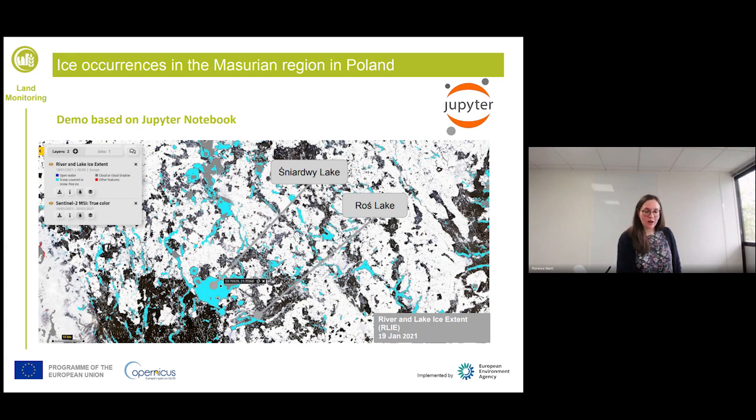In this area, we have the Sniardwy Lake. I hope my pronunciation is not too bad. This is the lake we are going to focus on today. The Sniardwy Lake is actually the largest lake in Poland, and it is common to navigate on it. So on this picture, you can see